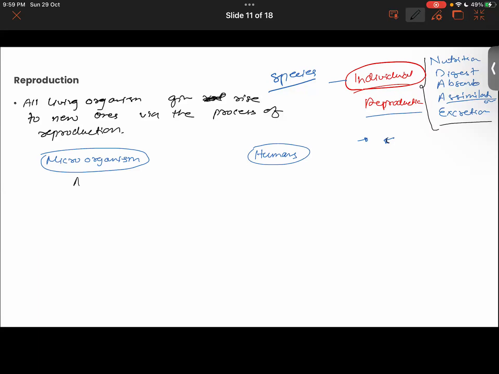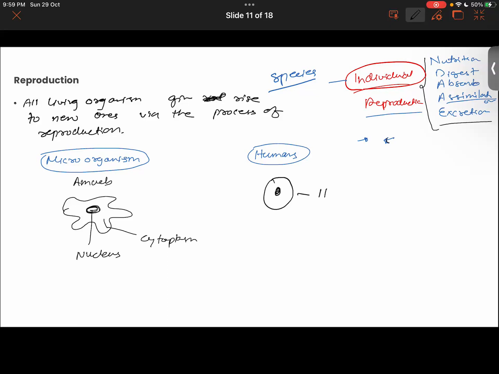Let's again take the example of amoeba. This is the nucleus of amoeba, and there is a jelly-like fluid in it that is called cytoplasm. And then you have the human cell, for example. Look, in the case of amoeba, we basically know that it will split into two daughter cells. From the middle, the cell will basically divide into two, right? And if you were to see these two cells that are now formed, we call them daughter cells,